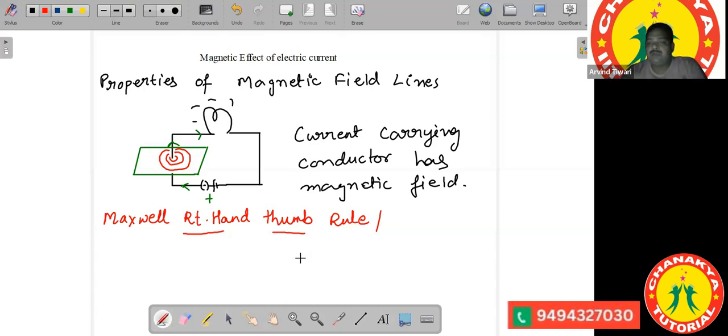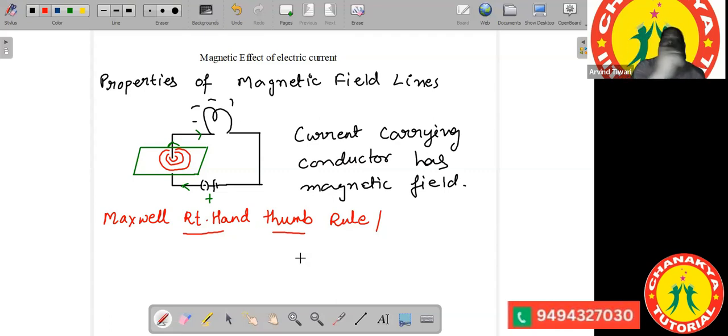You have to assume as if you are holding the current carrying conductor in your right hand, such that your thumb should point in the direction of current. If your thumb is pointing in the direction of current, then the direction of your folding fingers